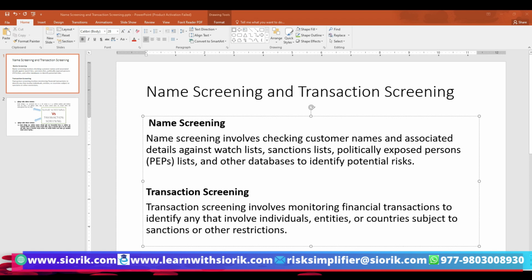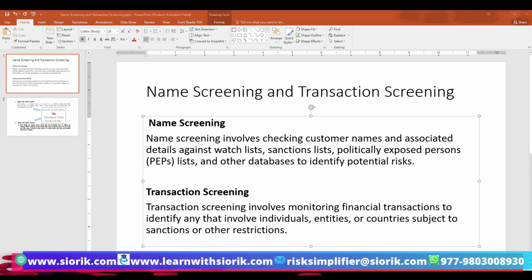So, name screening is conducted during customer onboarding as a part of customer due diligence. And also, name screening has to be done on a continuous basis. We use different tools like third party databases from, let's say, World-Check, LexisNexis, and screening software